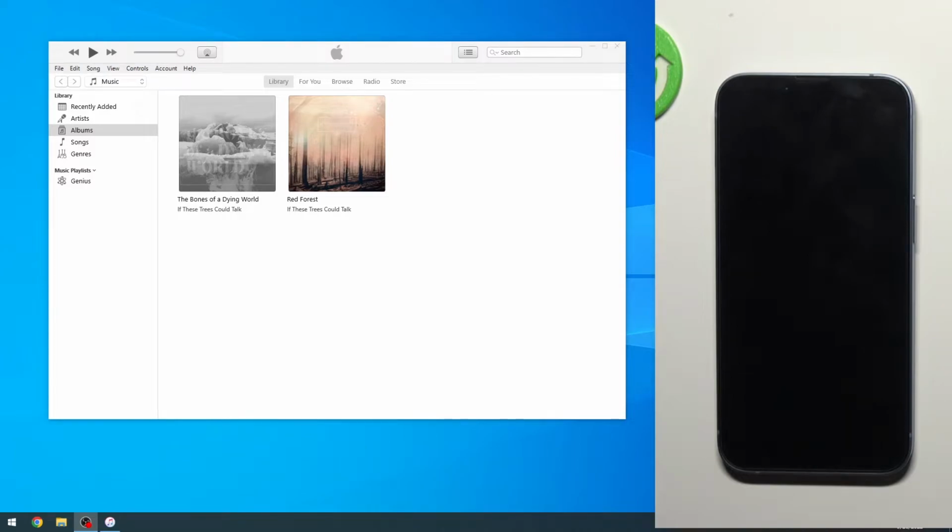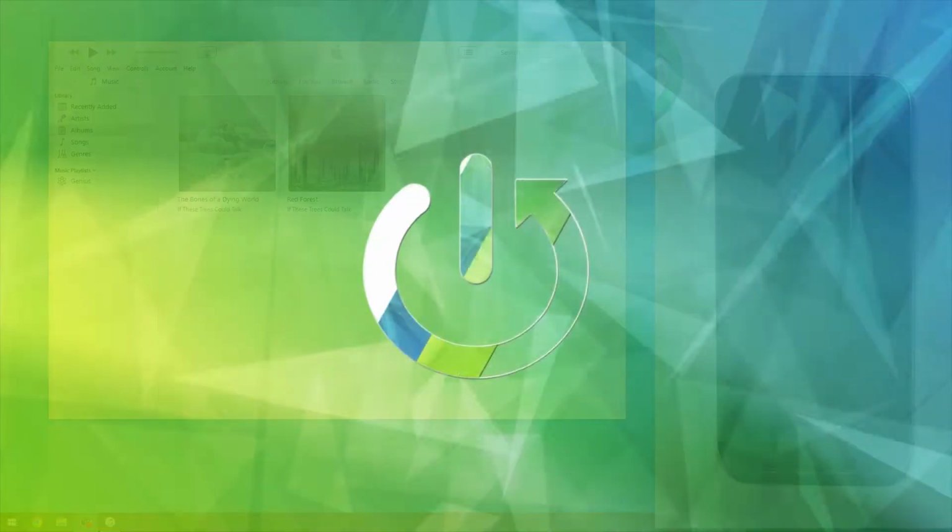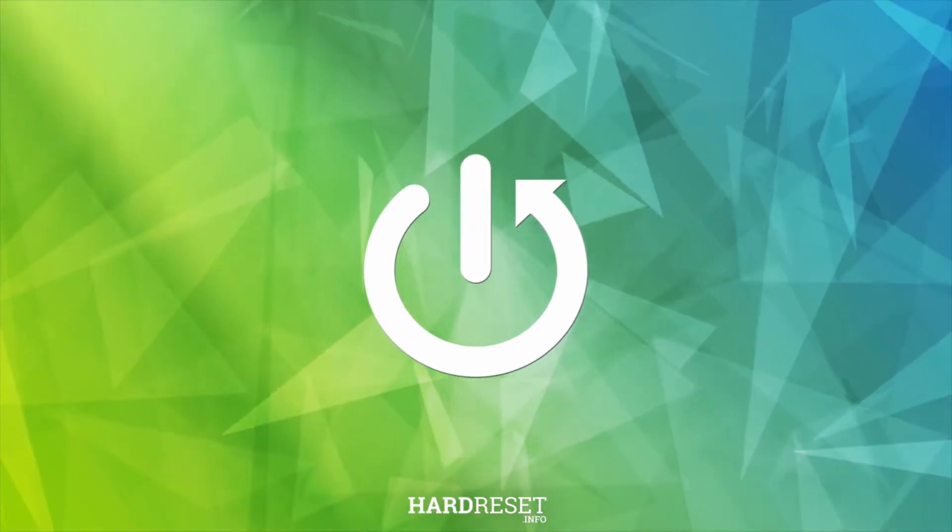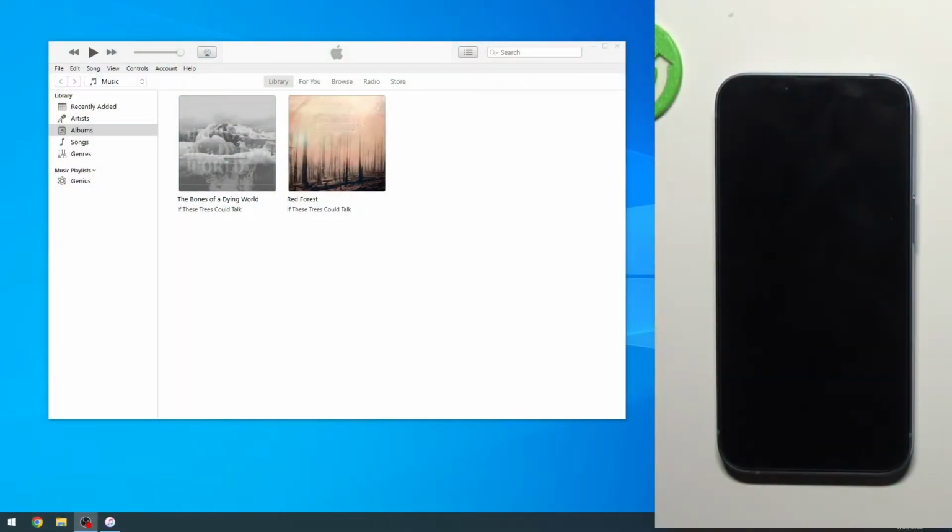Welcome. In front of me is an iPhone 14 and today I will show you how you can restore your device from a backup. Now this can be done through a backup that has been created on your computer or on iCloud. It has no difference. Now if you're using Windows, you need to download iTunes for this, and obviously if you're